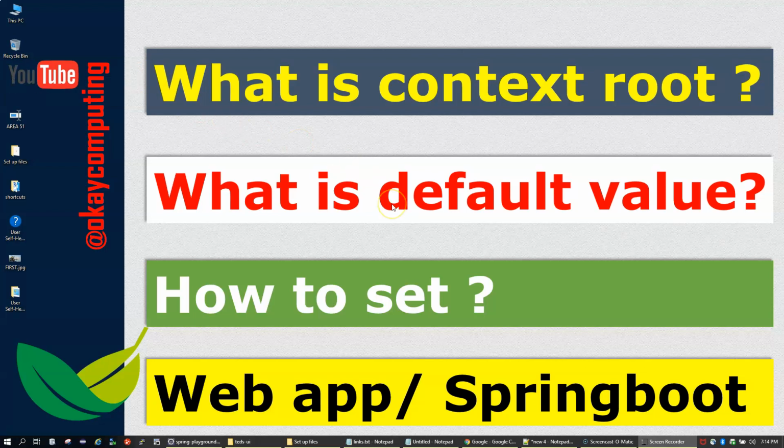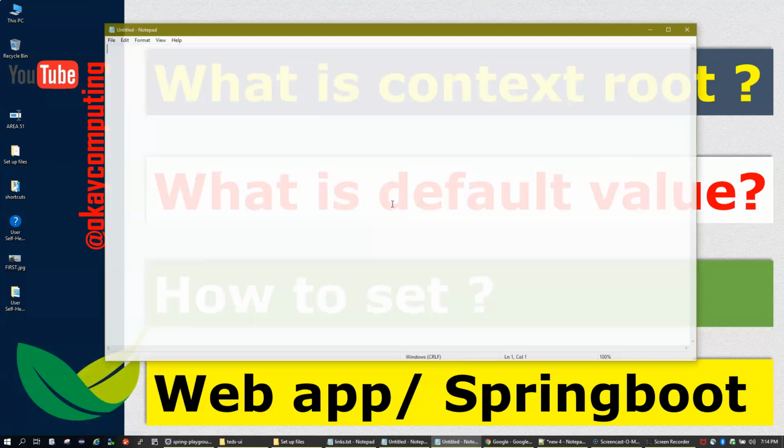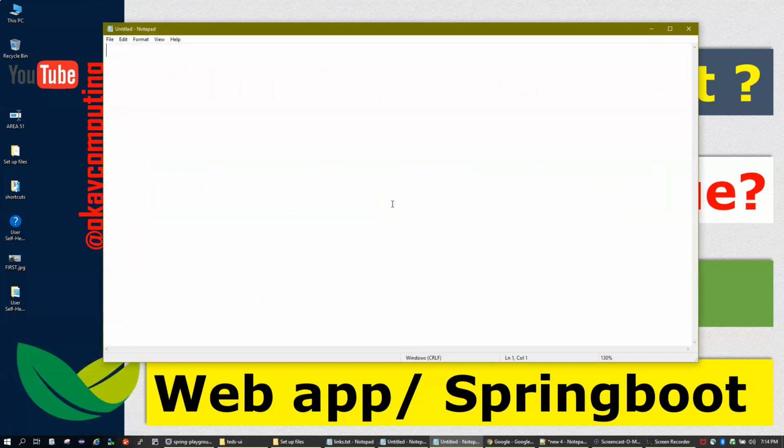First of all, let me open my notepad. Let's talk about an application URL. If you are running your application on a server, you have something like http://www, then here comes your server IP, and then here comes your application. If there is no context root, if there is just a slash, it means there is no context root defined. Blank is the default context root, but this doesn't happen in practice.